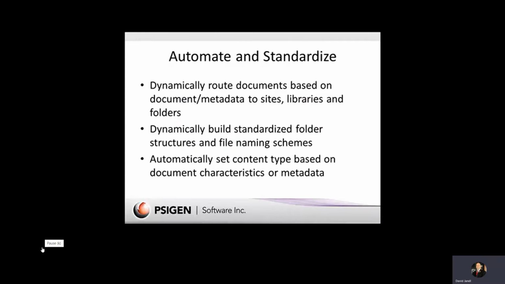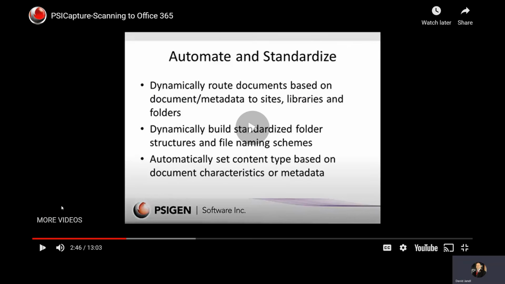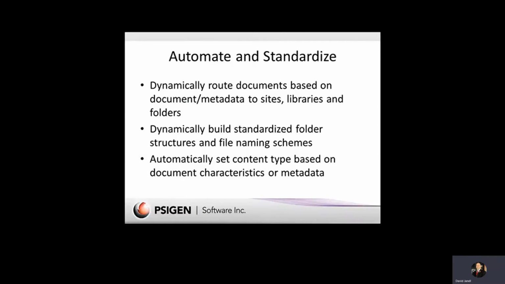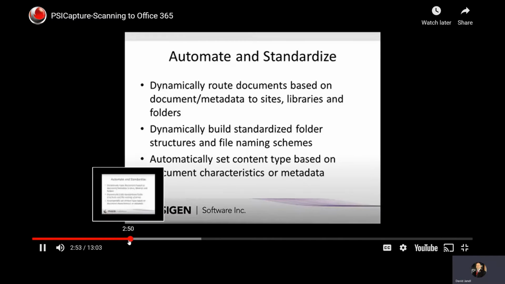So what SiteCapture gives you, it lets you automate and standardize a process. So you can now dynamically route documents based on document information or metadata to sites, libraries, and folders. You can dynamically build standardized folder structures and file naming schemes so that within the SharePoint interface in the cloud, everything is organized and structured and done the same way regardless of who is scanning documents. It lets us automatically set content